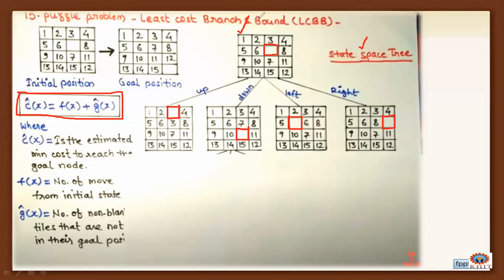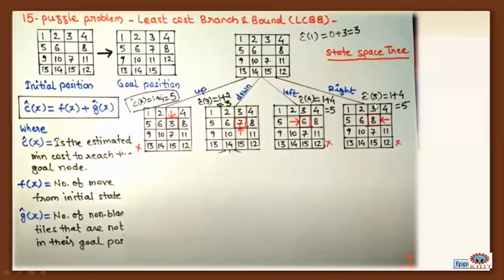Okay. Now let us discuss clearly step by step in the next slide. Now consider here. If you consider the first concept, this is the up. If we apply the empty position upward, then it moves here and 3 is replaced with the empty position. 3 came to the empty position and the empty position moved upward.